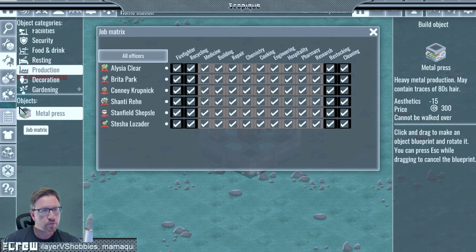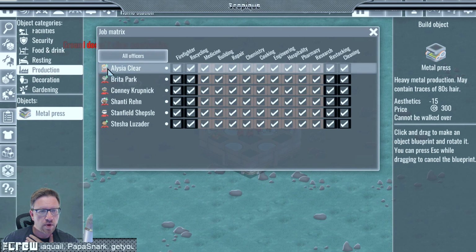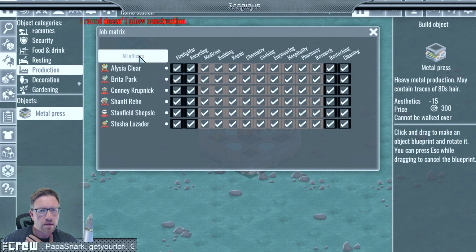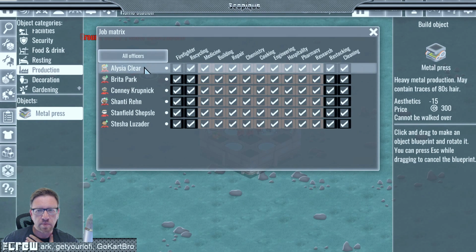Demolish. All right, so we have a job matrix. This is where, like in RimWorld, I guess, we can tell people to do certain things. It looks like everybody's pretty much set to do everything. So it looks like we've got other people that we don't have here in this room. So that's good. So if we lose anybody...